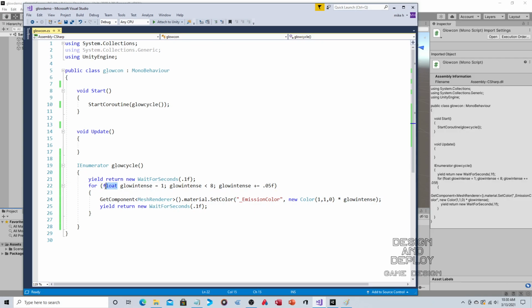First, you declare what kind of variable it is. It's a float. Then you say, what's the name of the variable? We're just going to call it glow intensity, and we're going to set it to 1. Then a semicolon. Now you're saying, so long as that variable that we just declared is less than a certain value, semicolon,